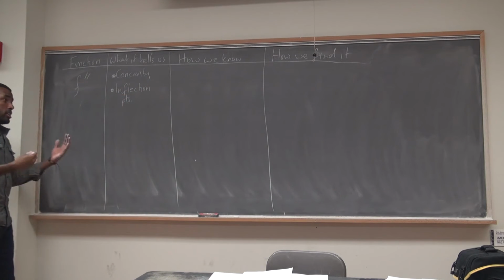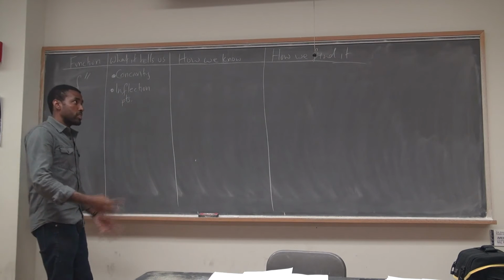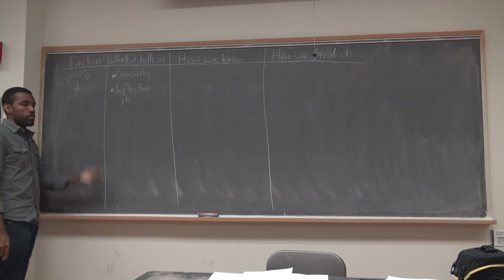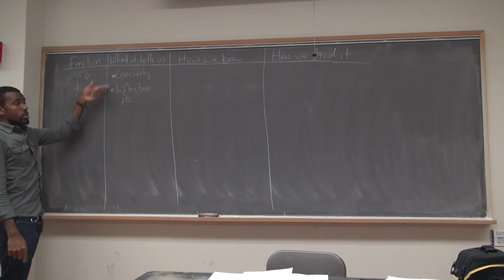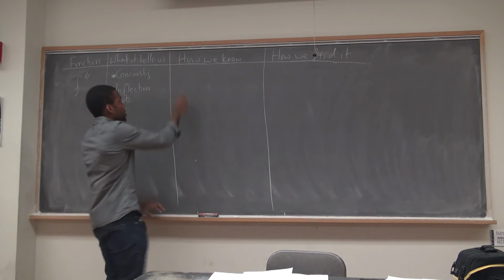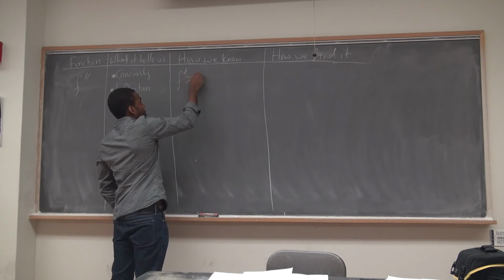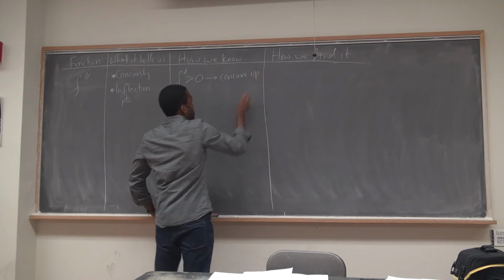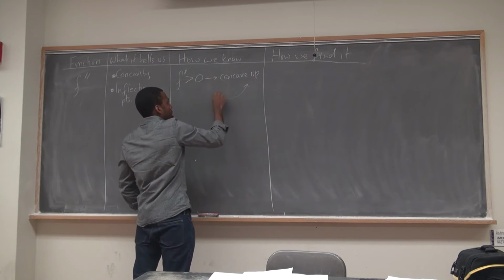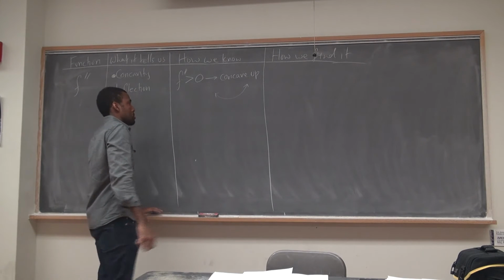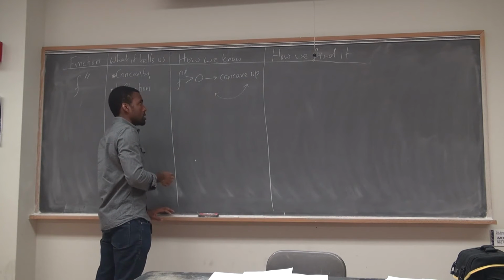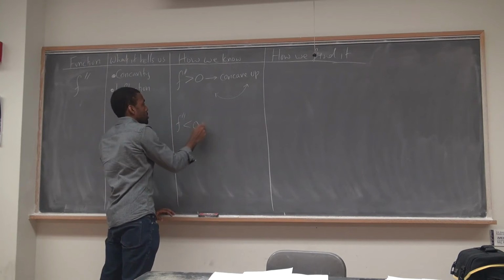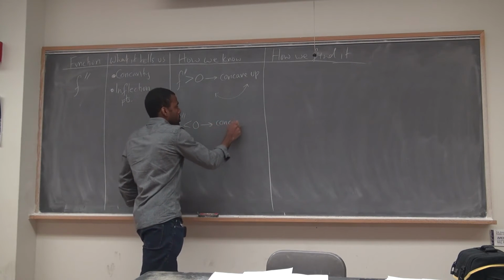So if someone asks you to find intervals of concavity or where the inflection points are, the second derivative is what you're going to look at. You will not look at the original function, and you will not look at the first derivative. You will look at the second derivative if this is your goal. How would you know? If the second derivative is positive, that means concave up. Up like a cup. The shape of your graph looks like a smiley face. Your slope is increasing at an increasing rate. If the second derivative is negative, that means concave down. Down like a frown.